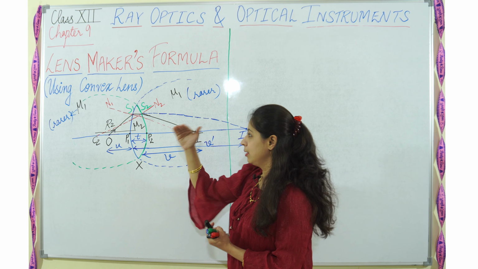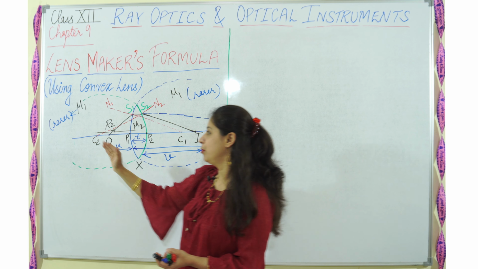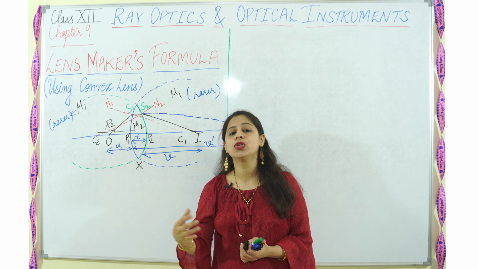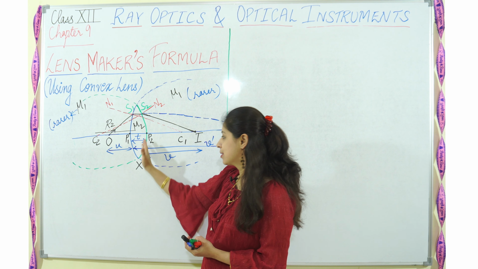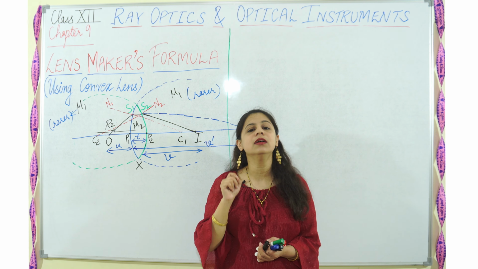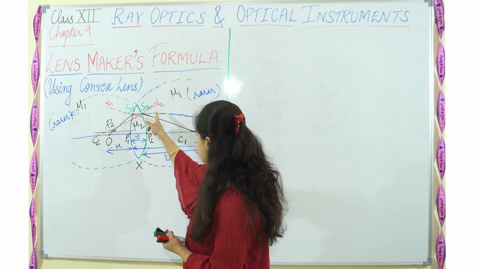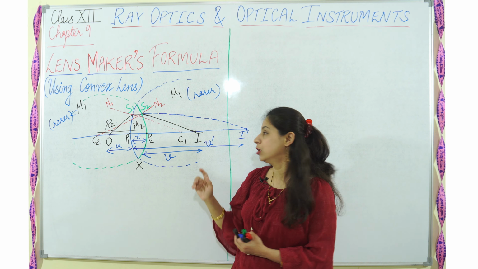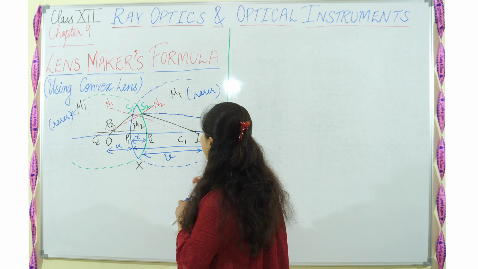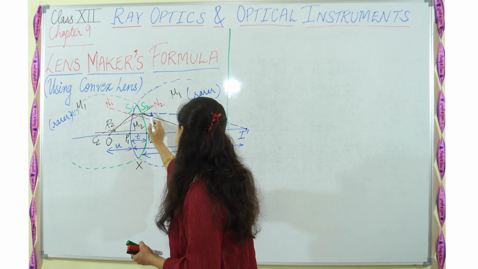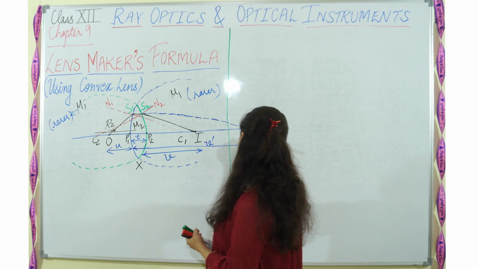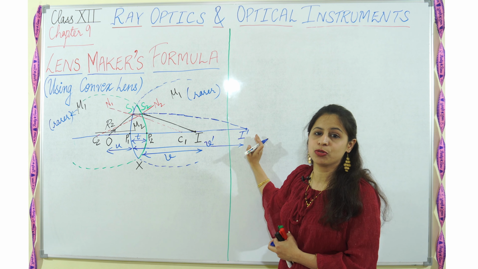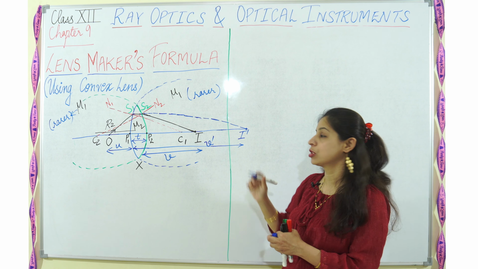Now my ray has got refracted from a rarer medium whose refractive index was mu1. It has entered a denser medium whose refractive index is mu2. This mu2 is the denser medium. Now it is clearly seen, if my surface S1 would not have been over here, the ray would have travelled straight like this, which I have shown with a dotted line, and my image would have formed over here at I dash. This is my virtual image because this is not being actually formed.